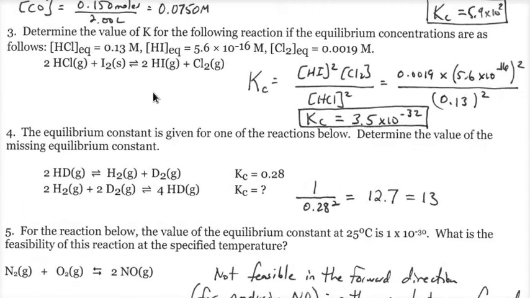Number 3 is even easier. You just plug everything into the formula. So we have concentrations for 3 of the 4 things going on here. Plug it in. The notable missing compound is this I2, and the reason that does not show up in the